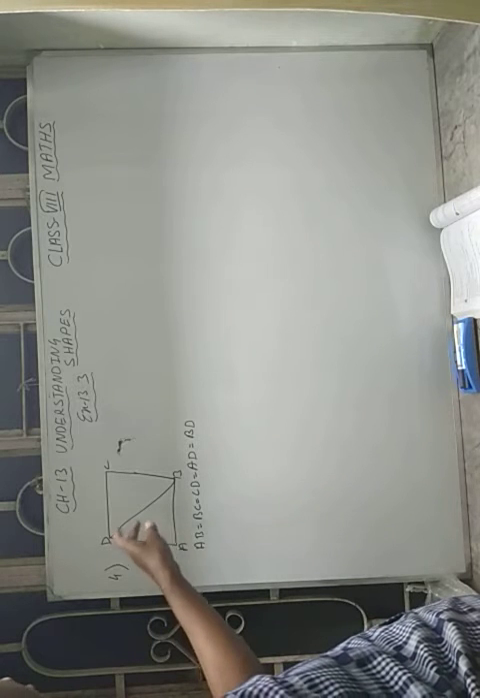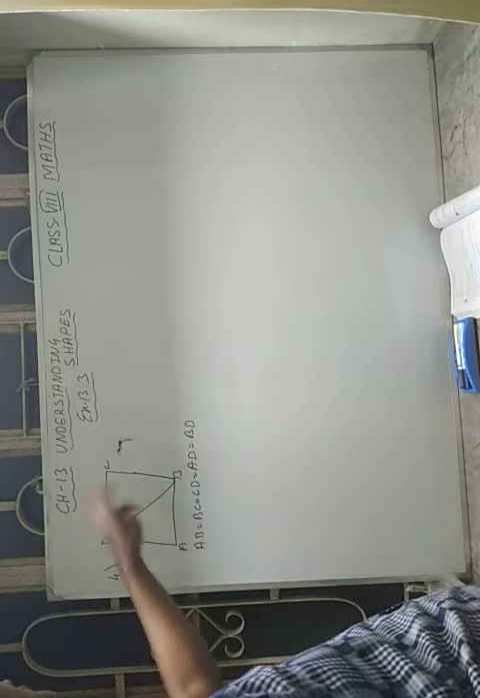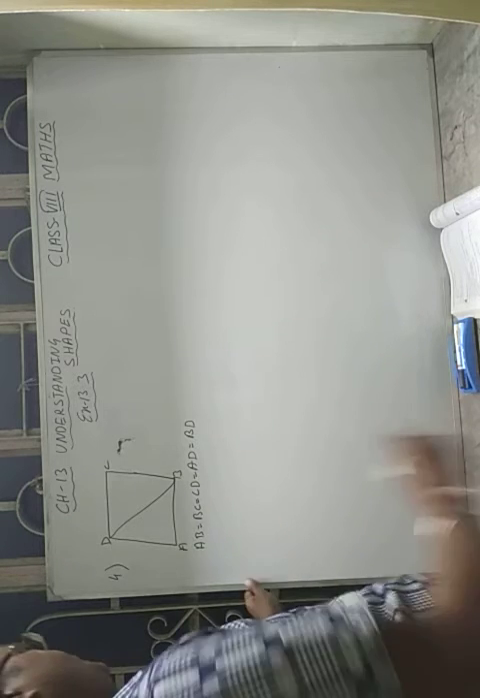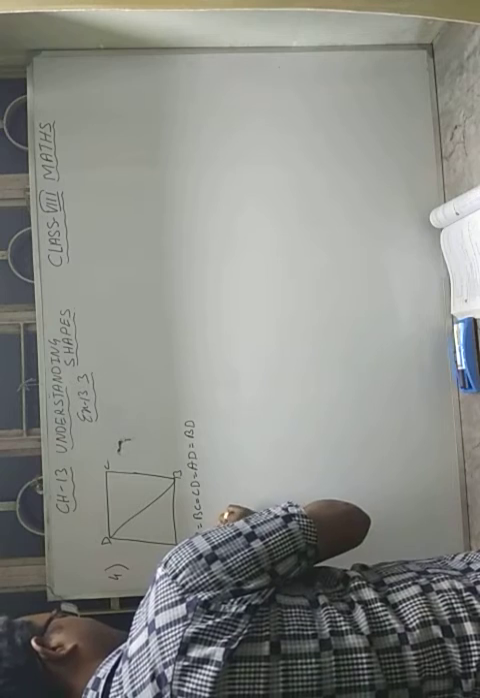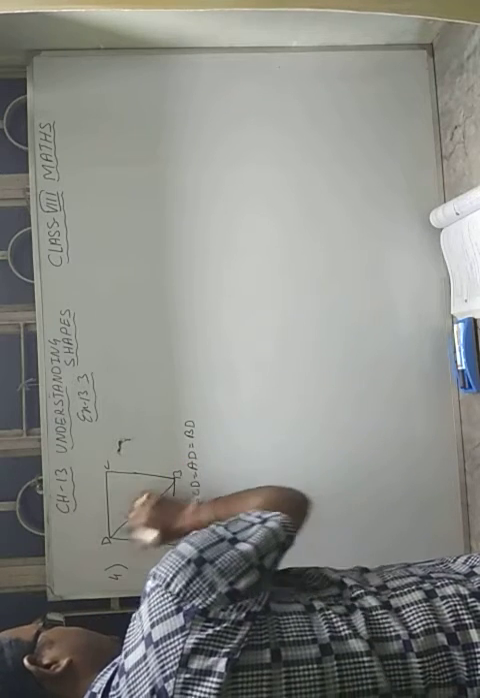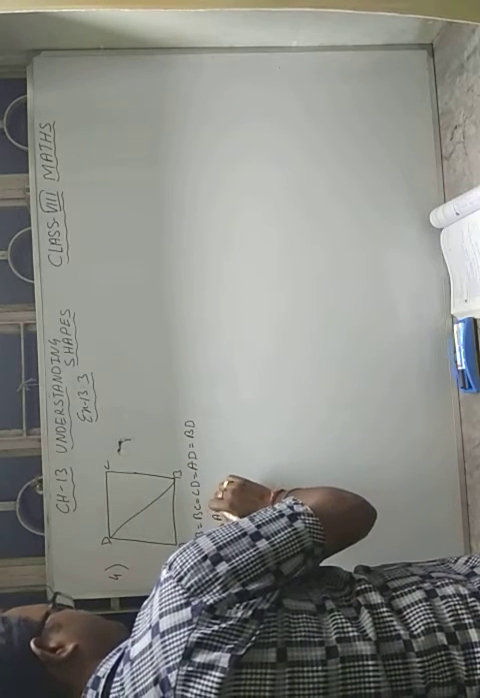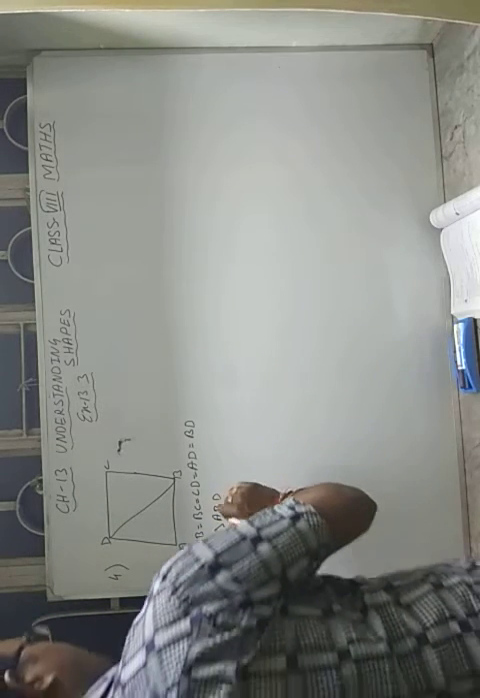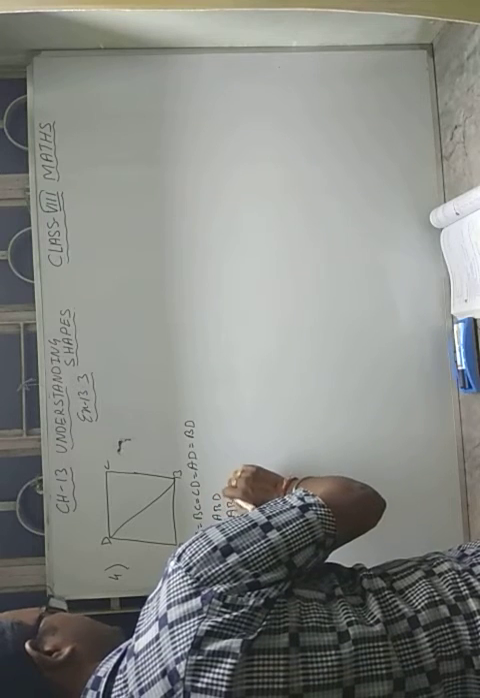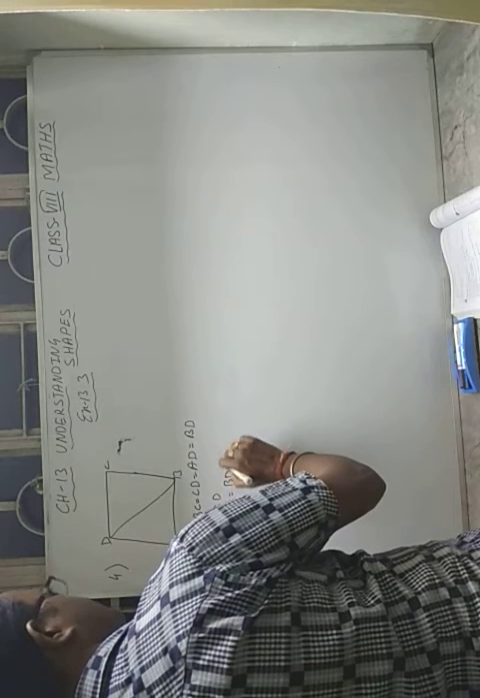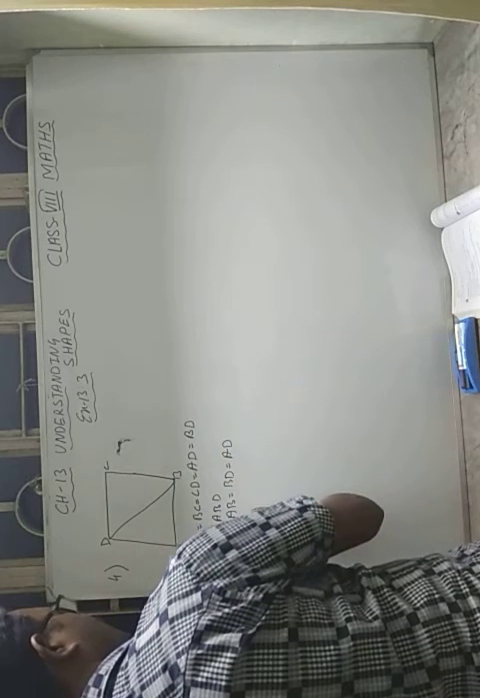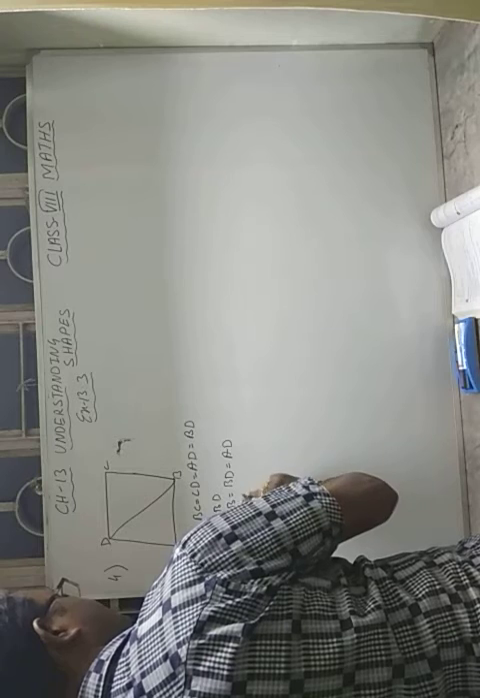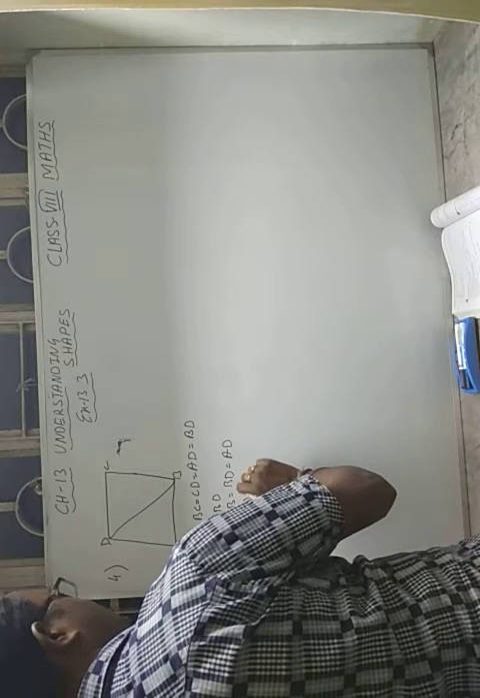Now we have to find the measure of all the four angles. How will you measure? Now if you consider triangle ABD, what we will see here: AB is equal to BD is equal to AD. So therefore triangle ABD is an